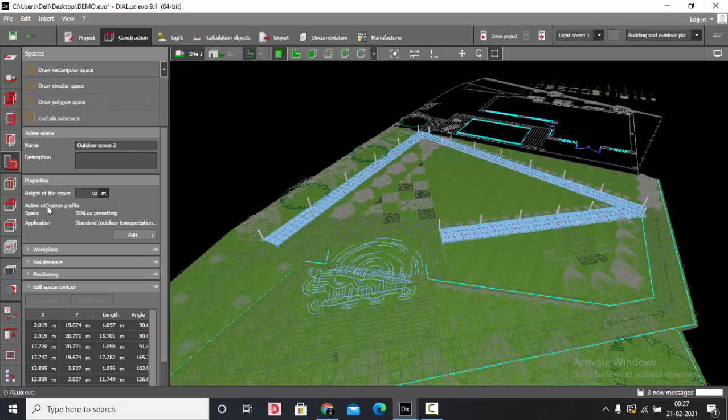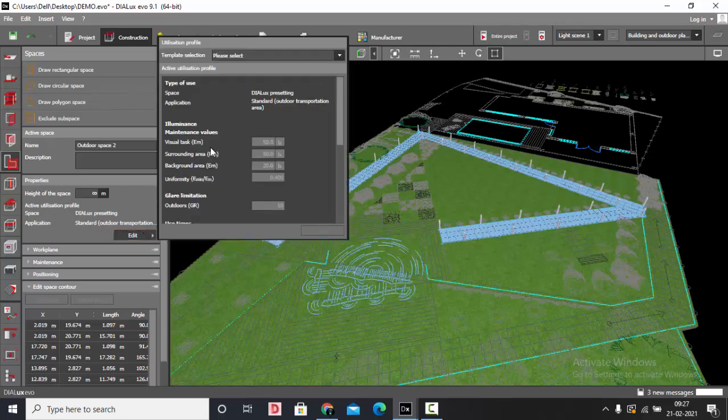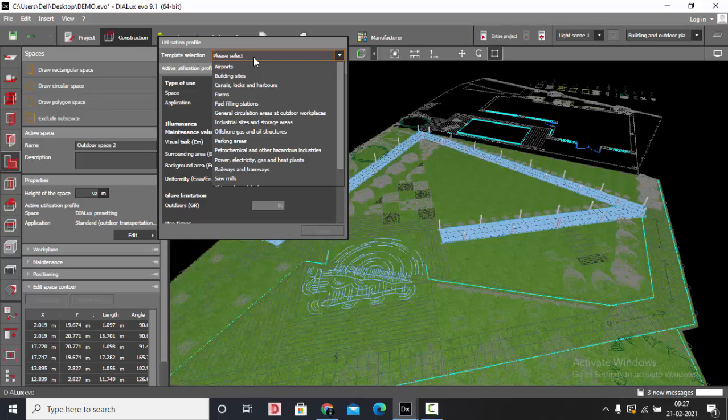After drawing the pathway, in the properties it is showing me the active utilization profile as the standard outdoor transportation. You can go in the edit. So here visual task is 50 lux, surrounding is also 50 lux, background is 20 lux. So this is what by standard it is taking. If you want to change it to some other area, you can go into the template selection drop down menu.